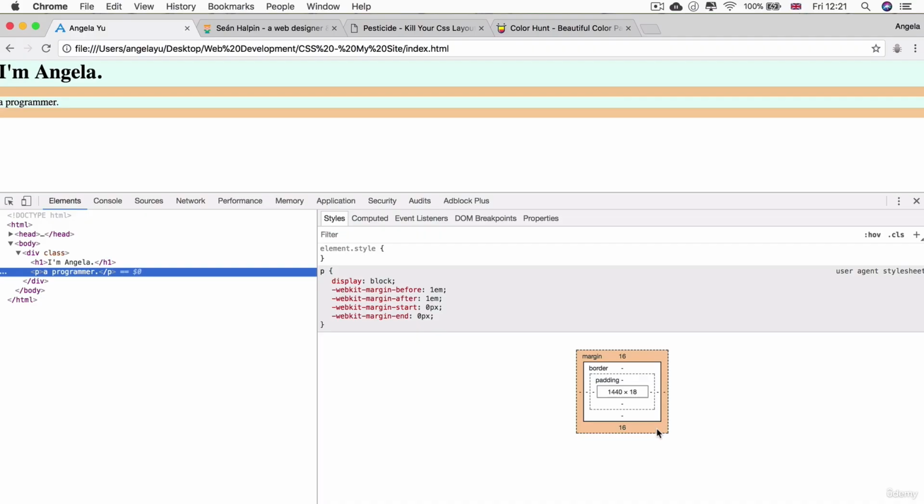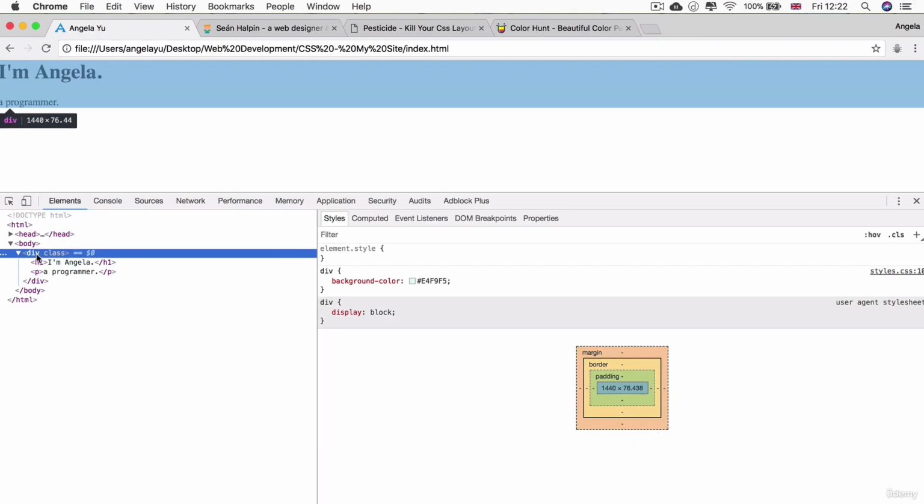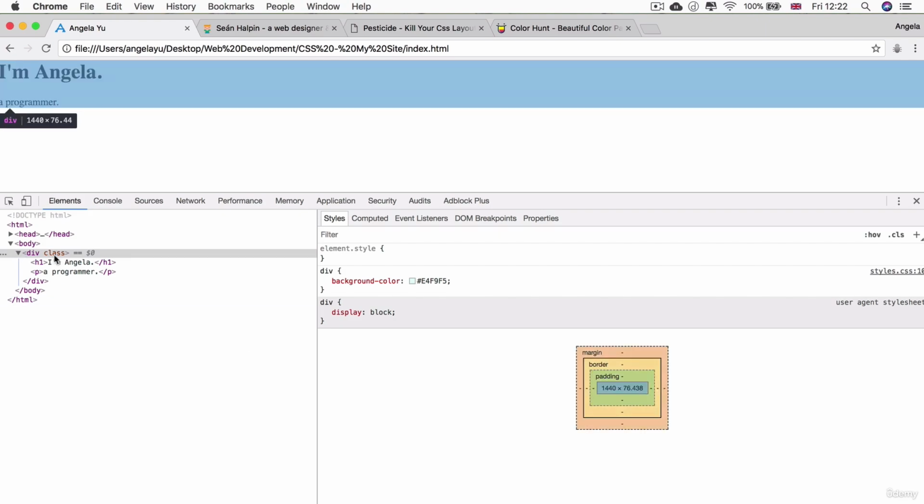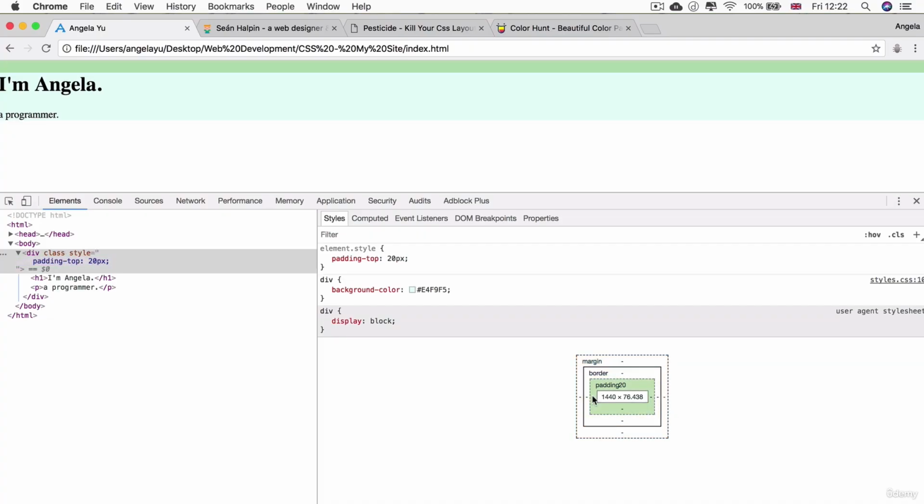Now, it's pretty easy to edit these values using the box model inside Chrome Developer Tools. And that allows you to quite easily visualize what each of these things are doing. So for example, say if I wanted to give a little bit of padding to the contents inside my div, then I could double click on this padding here and I could say maybe 20 pixels from the top and